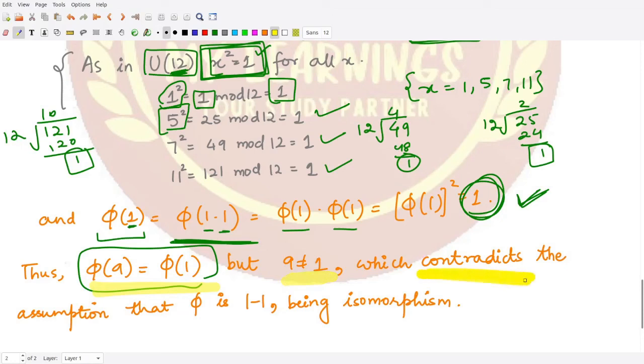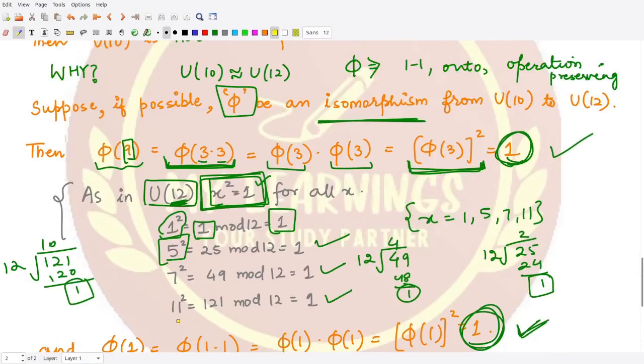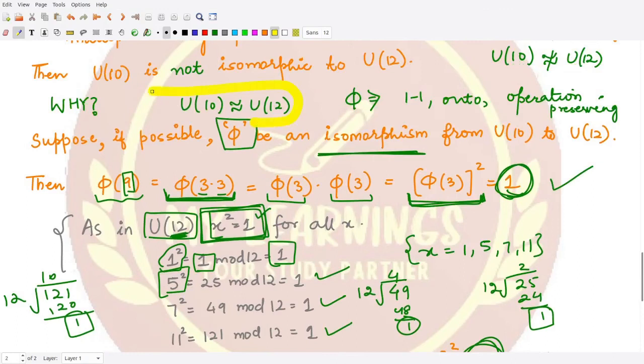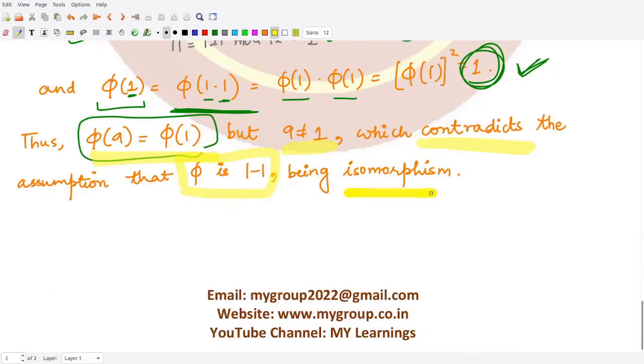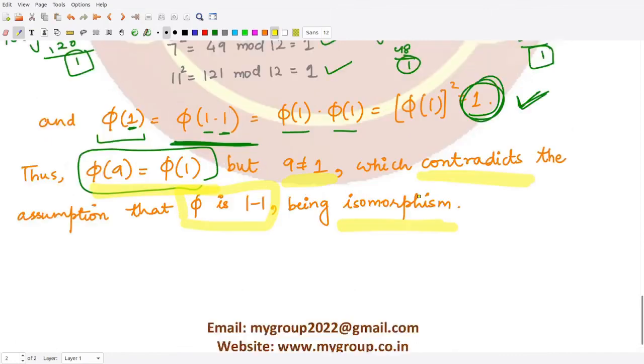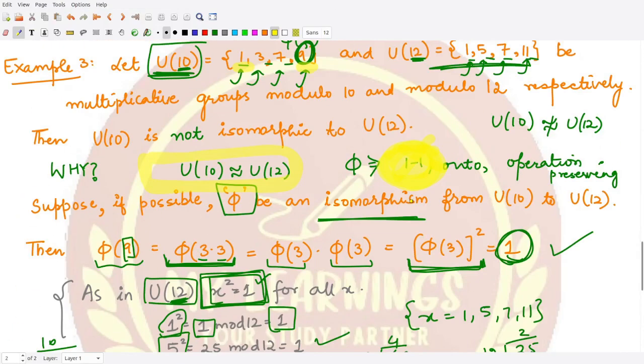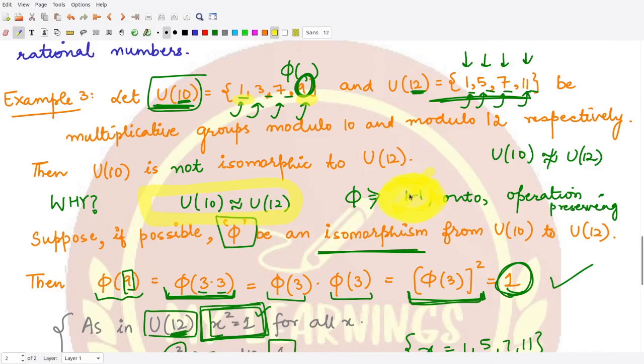So this contradicts the assumption that phi is 1-1, right? Because we have assumed that both groups are isomorphic to each other, so the mapping has to be 1-1. But here we have proved that this mapping is not 1-1. If it is not 1-1, then it cannot be an isomorphism. So this is what we wanted to show here, to give you an example of groups which are not isomorphic to each other. So I hope you